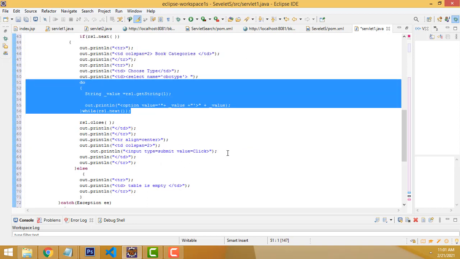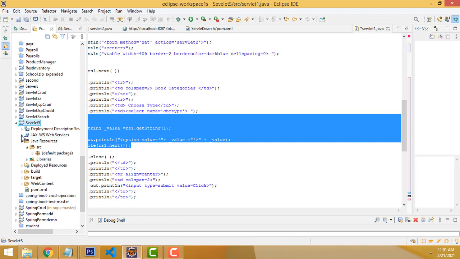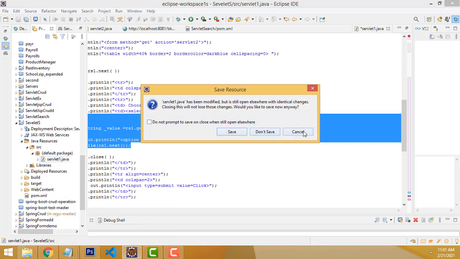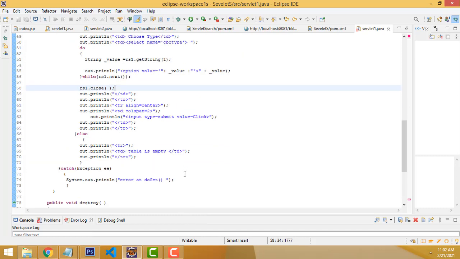Okay, very simple, right? Now let me see whether it's working fine or not. Select the file. It resides in the Java resources src. Here this is the file. Run on server. You have to select first. You must select all. Save all. What's the error?